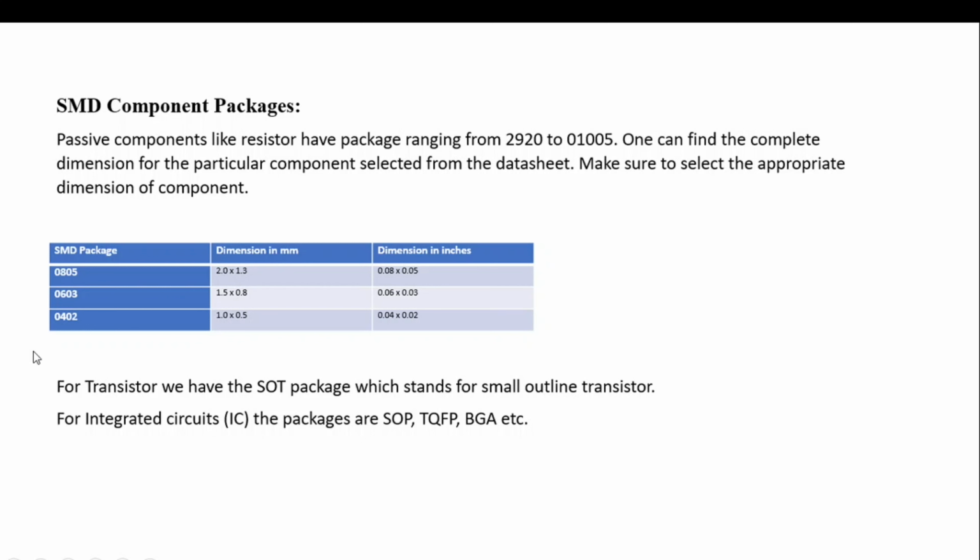If you compare it with 0402, it is small, 1.0 cross 0.5. So in resistor and capacitor, we have this type of dimension, but in transistor, we have packages like SOT, which stands for small outline transistor, and for IC, we have SOP, TQFP, BGA. We will get to know this in detail in the later